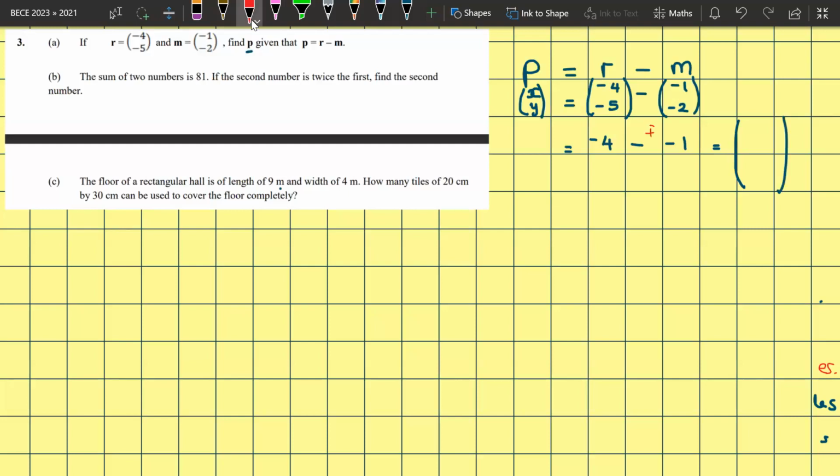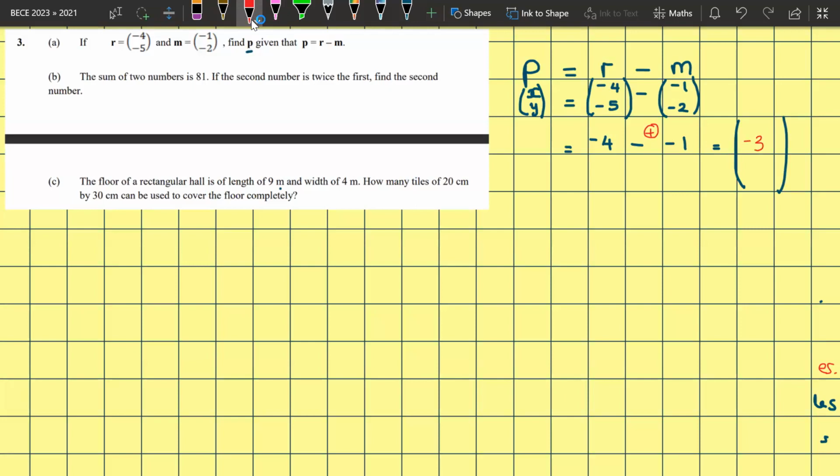So subtract a negative number, you are adding. -4 plus 1, okay, it's -4 degrees cold, getting 1 degree warmer, that would be